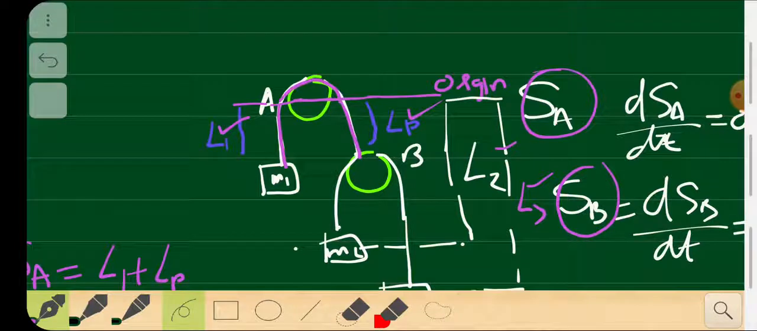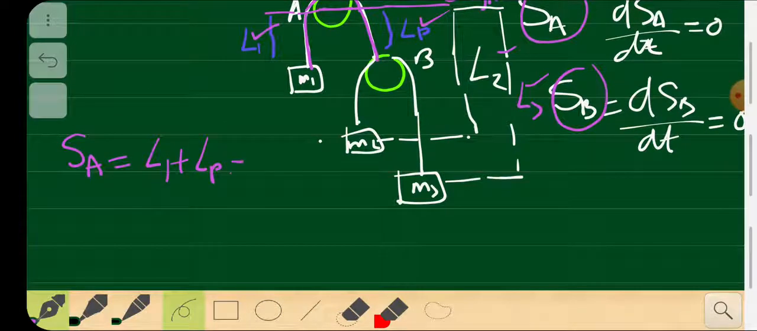Since the radius of this pulley is r, the total perimeter will be 2 pi r. So that distance will be half of 2 pi r, which is pi r, right? Okay, got that. Now string B,